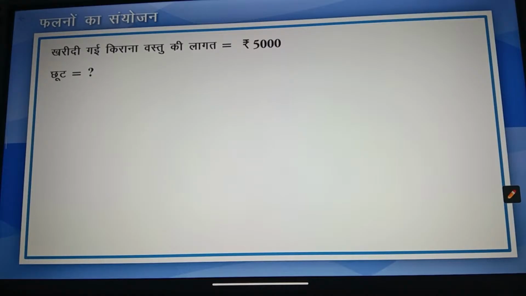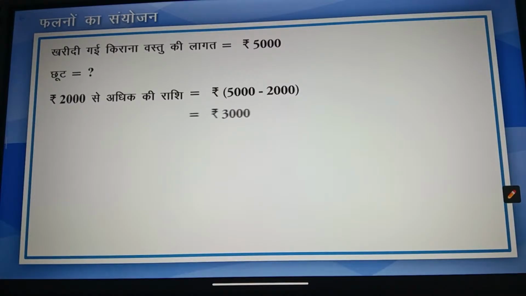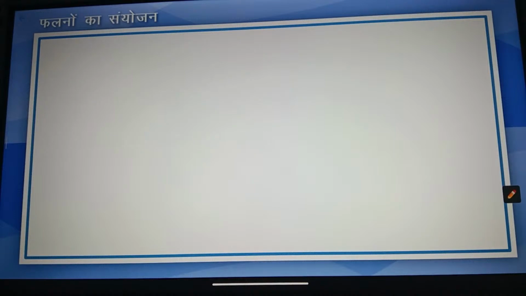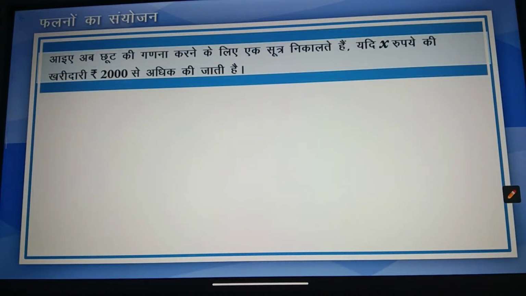एक सरल और सीधा तरीका ये है कि पहले उस राशि की गणना करें जिस पर छूट लागू है। यह आपको 5000 रुपए से 2000 रुपए घटाने पर मिलेगा, जिससे 3000 रुपए मिलते हैं। इसके बाद इस राशि पर 20% की छूट दी जाती है। छूट 600 रुपए है। आइए अब छूट की गणना करने के लिए एक सूत्र निकालते हैं। यदि x रुपए की खरीदारी 2000 रुपए से अधिक की जाती है,